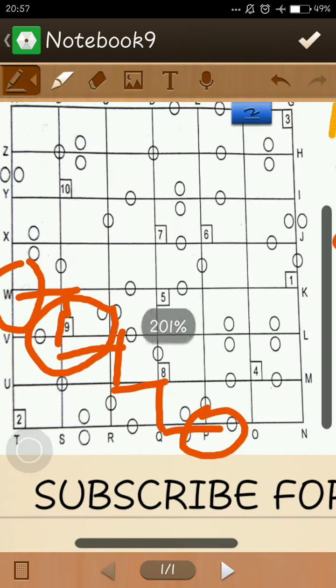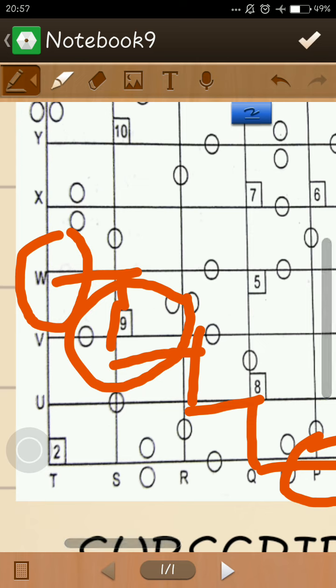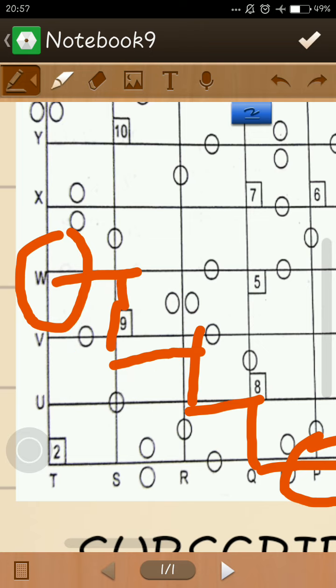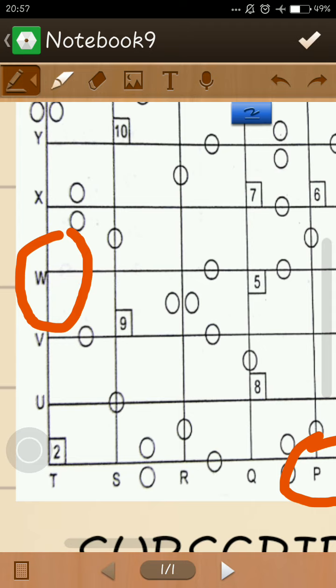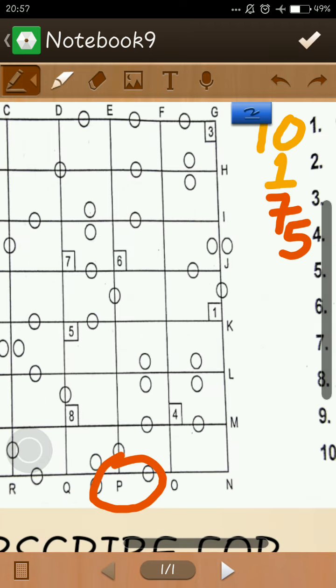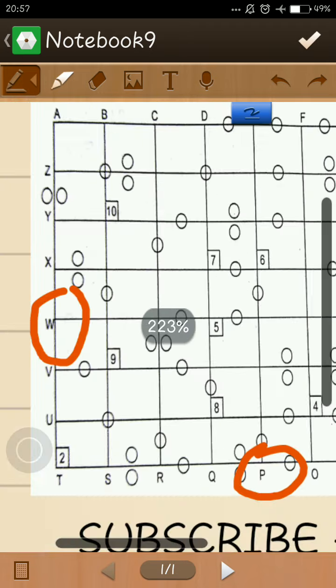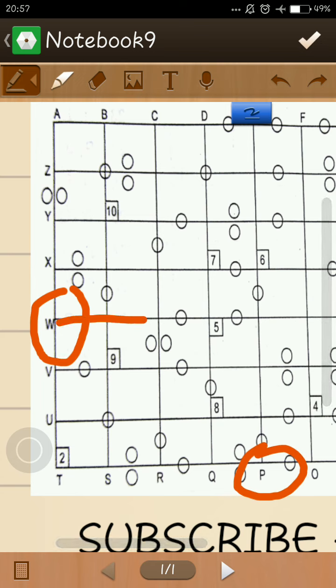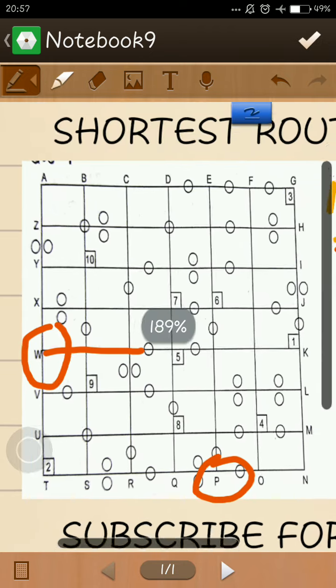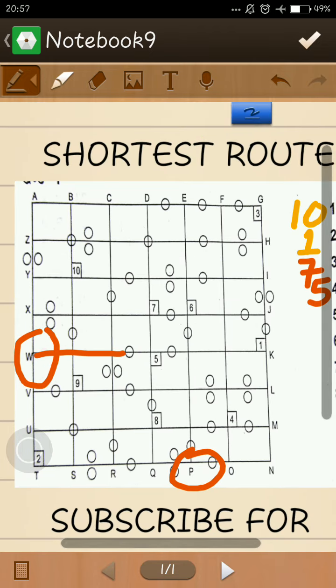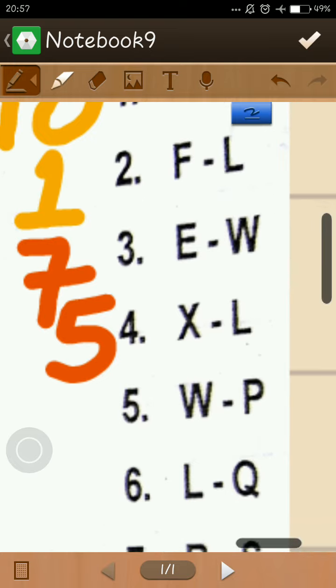Friends, you can also think that why I have taken a right turn, I can go straight. Okay, so this is also a way, but I will have to choose one way, and you know very well that this barrier cannot be passed. You cannot pass this barrier. Okay, so the answer for W to P is 9.